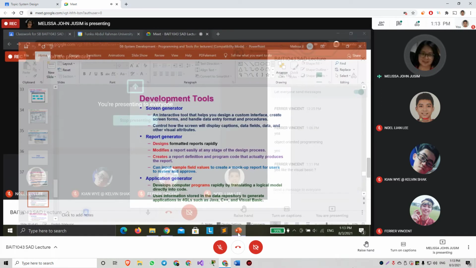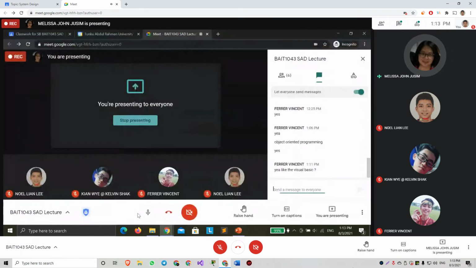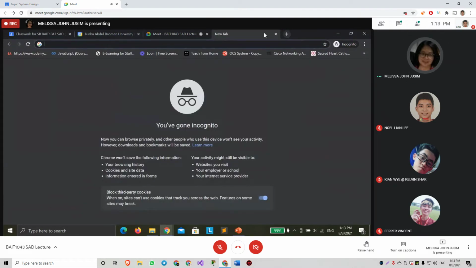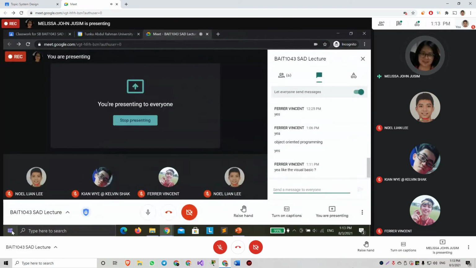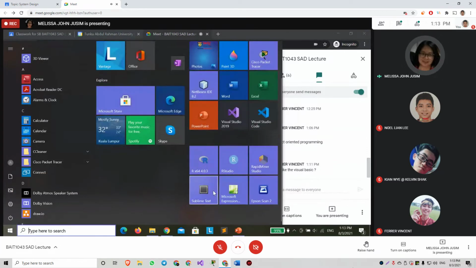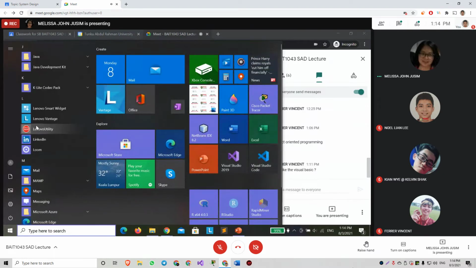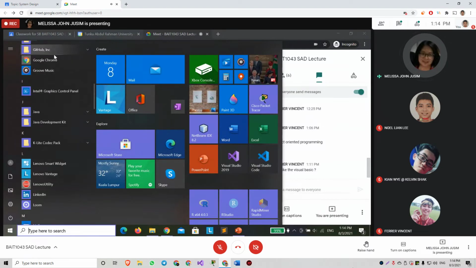Now let's continue. That's what I mentioned earlier on, where initially when the students use JCreator, they need to code everything from scratch. I don't know whether I still have my JCreator. Yeah, it's no longer here.